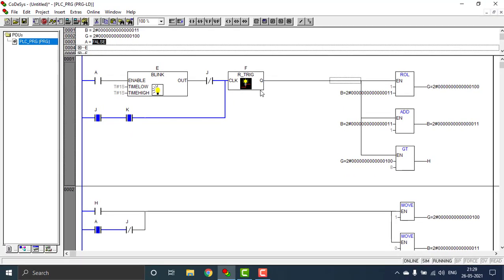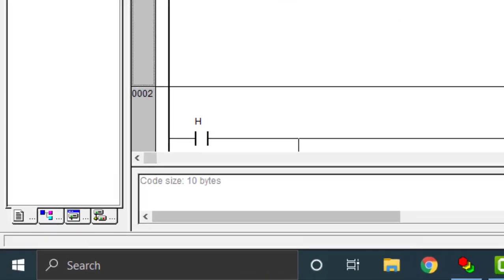So auto and manual mode has been completed, and when I am double tapping and deselecting the auto mode, you can see that will be again reset into previous position. So this is the back end of the PLC program or the traffic light control. Now we can link these things to the HMI screen. And now we can go for the HMI screen creation.